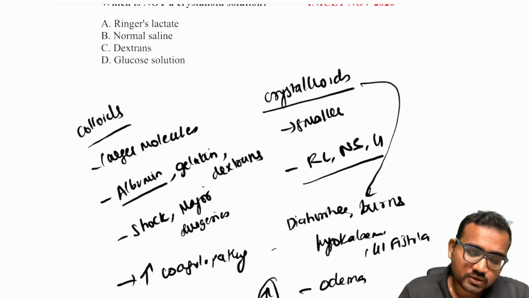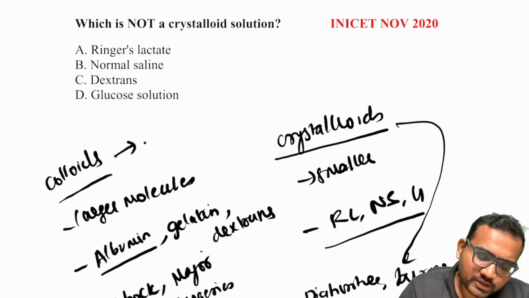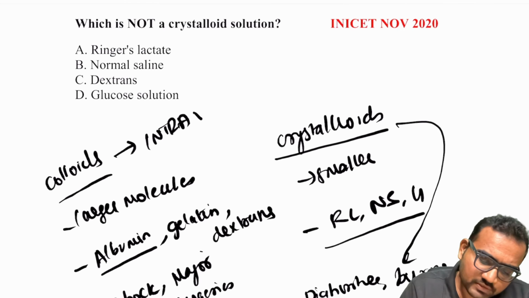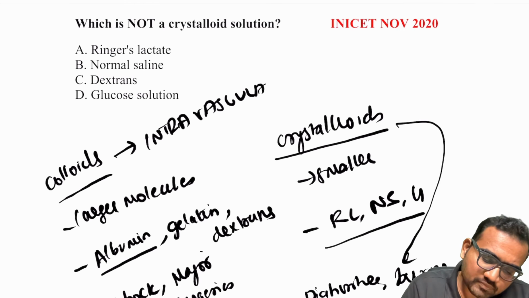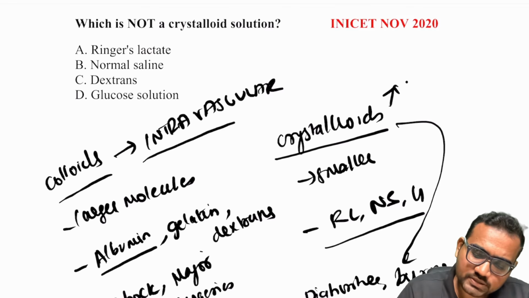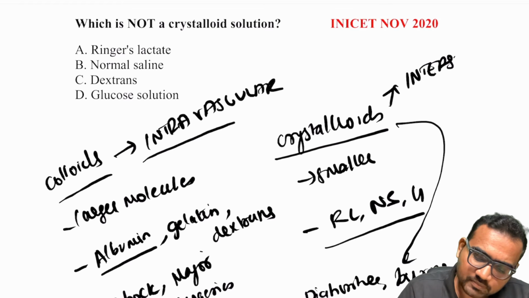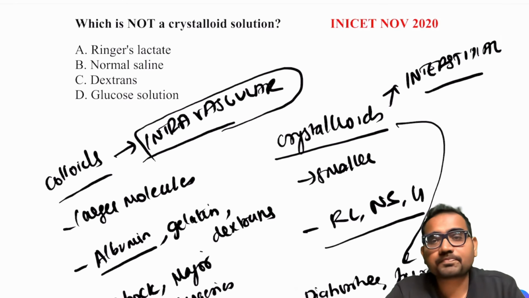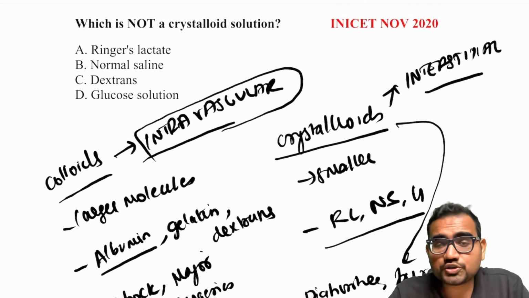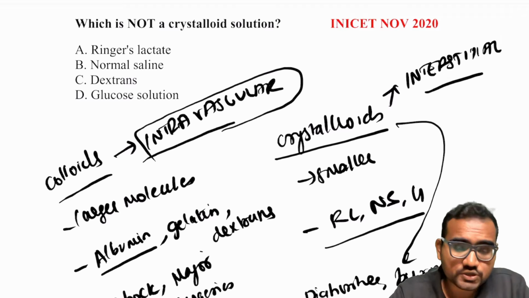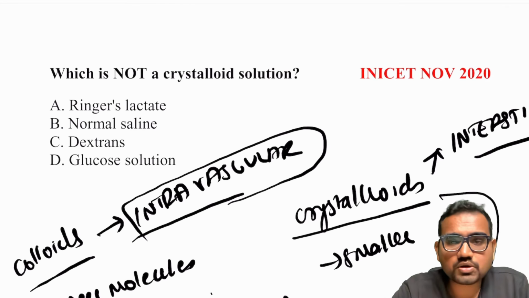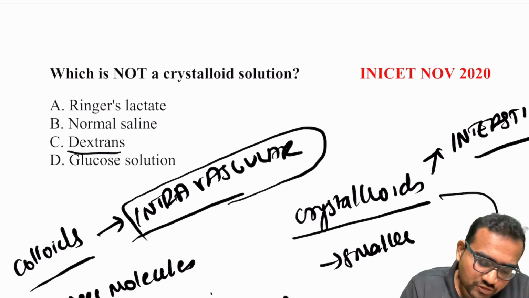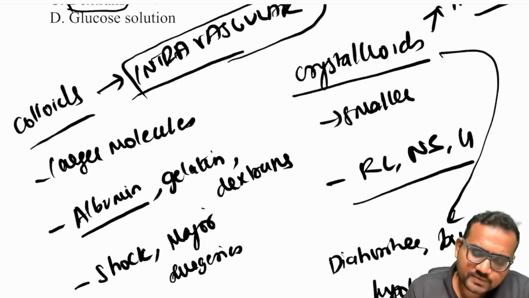Colloids are predominantly present intravascular, while crystalloids are interstitial, between the tissue spaces, in between the blood vessels. So this is the basic thing which you should know about crystalloids and colloids. Coming back to the question, which is not a crystalloid solution: dextran is a colloid, a larger molecule. Fine. Now moving